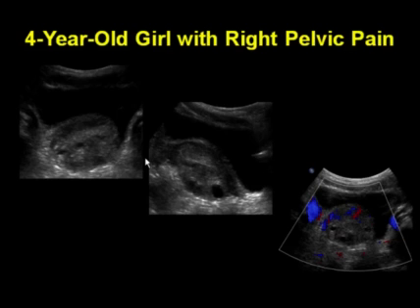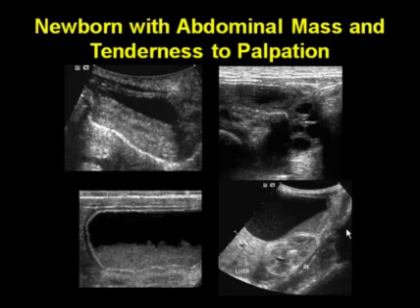Here's a 4-year-old girl who developed the acute onset of right pelvic pain. We could not identify a normal right ovary. Here's a large mass with the peripherally associated little cysts, which are the enlarged follicles. Here's her uterus. This abnormal ovary is plastered up against it, and there is flow at the edge of this lesion, but not within the mass itself in this patient with acute ovarian torsion.